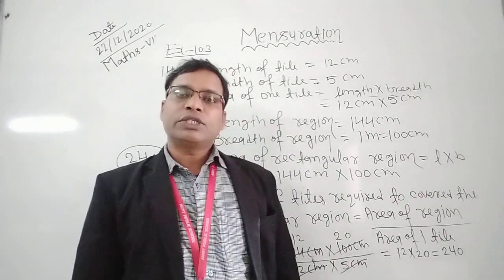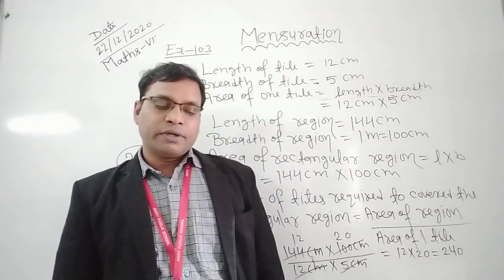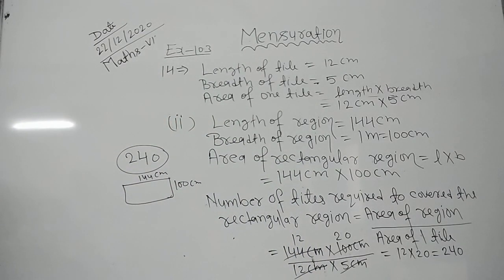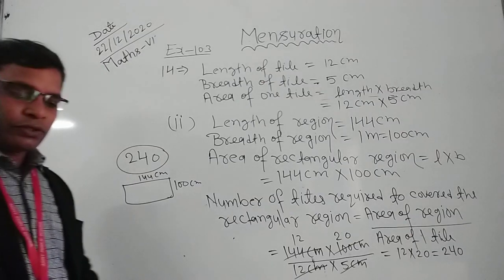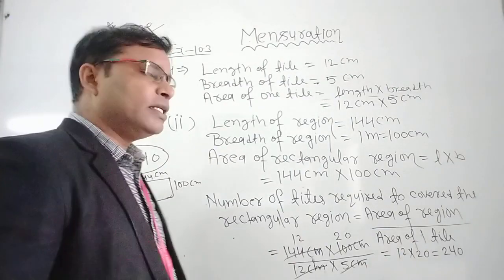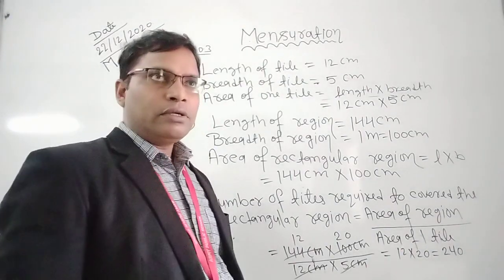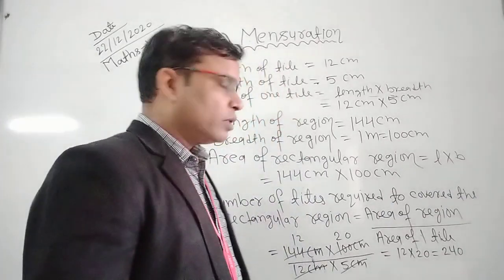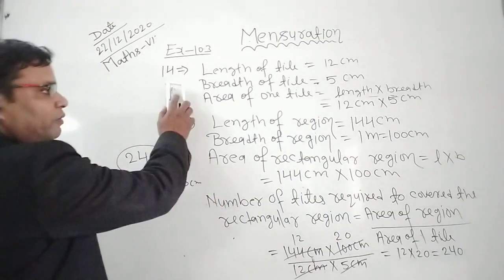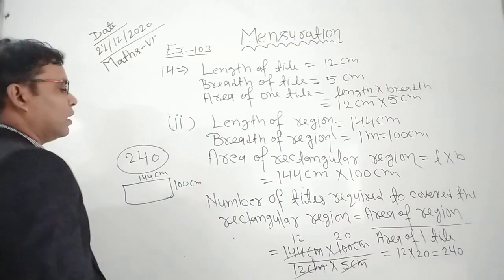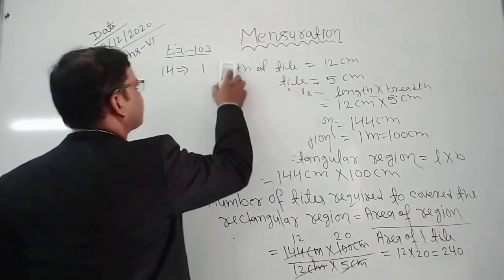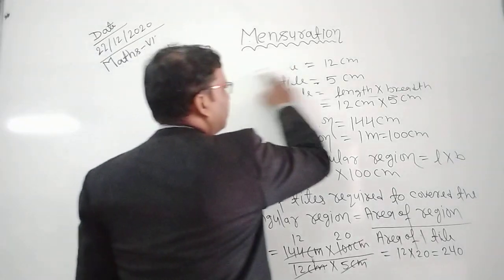So students, in this question it is given that the area of the rectangular plot is 340 meters square, and its breadth is also given. We need to find its length. So let's see how we find its length and the perimeter if its area and breadth are given. I hope all of you understood this question. This was question number 14 and we are going to discuss question number 15. So let's see how to start.